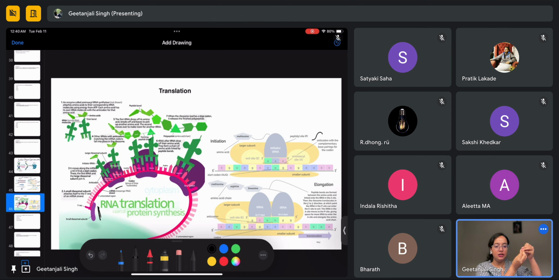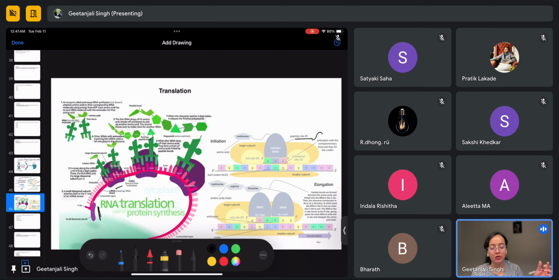That's where the tRNA starts moving from A to P to E. You can see that here. From A to P, the amino acid moves to P and starts forming the peptide bond. P is called the peptidyl site. Then it moves to E to exit. So that's how it keeps happening: A to P to E, and then exit. The ribosome keeps moving along the mRNA from the 5' end to the 3' end,